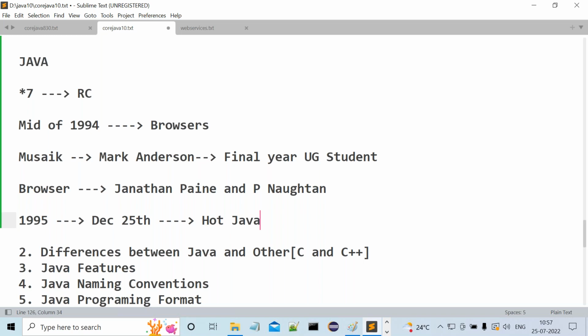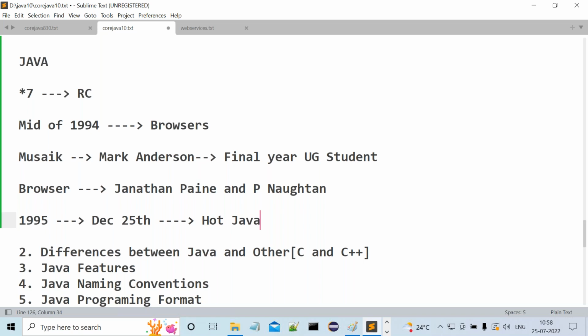Roughly, I'm telling that the 25th is the date, as per my knowledge, as per my information. On 25th December 1995, they released the HotJava browser to the market. Then when the HotJava browser was released, people started talking about it, and a very good demand was going on for it. By the time that browser was getting somewhat famous outside,